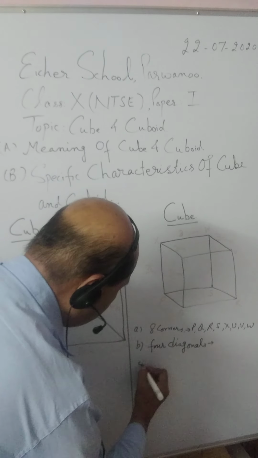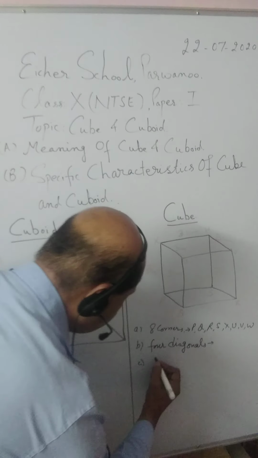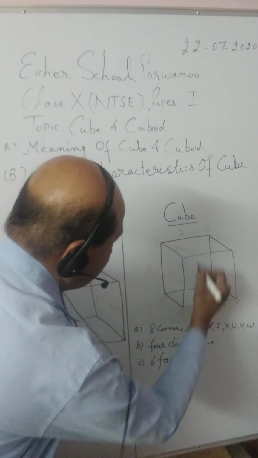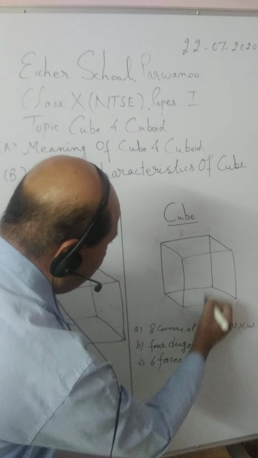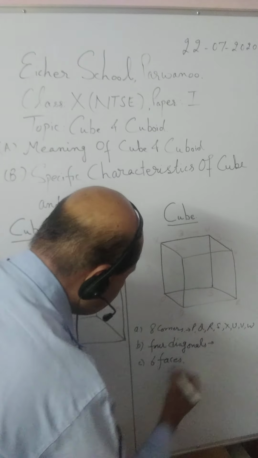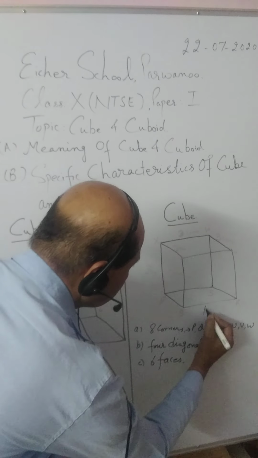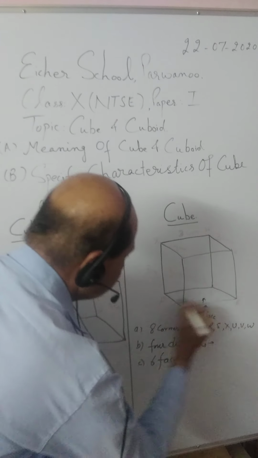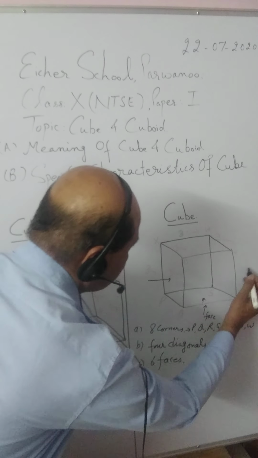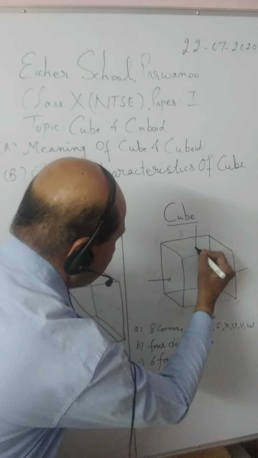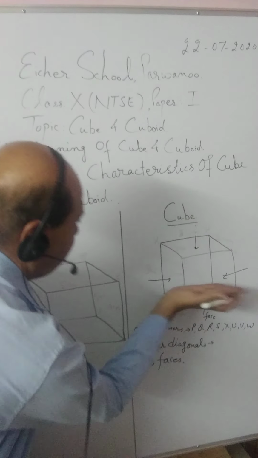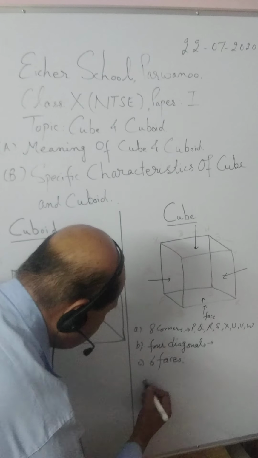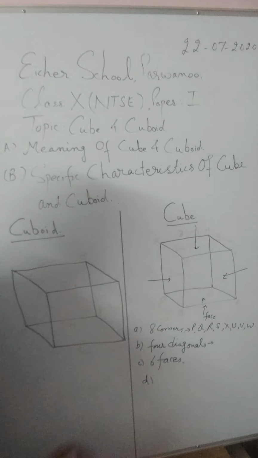Then, number 3, it has 6 faces. If we see carefully, 1, 2, 3, 4, 5, 6. It has 6 faces. This one. Similarly, this side, this side, this side, then one from the front side and another from the back side. It has 6 faces. Then it has 12 edges,